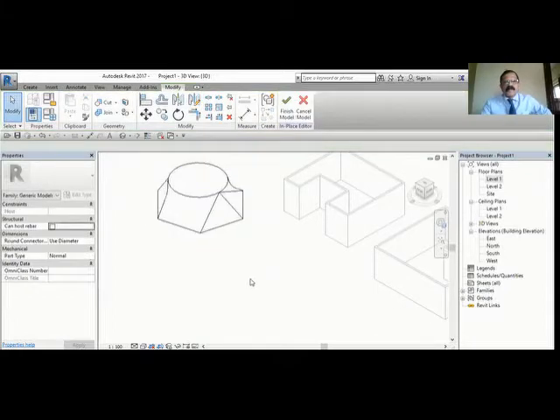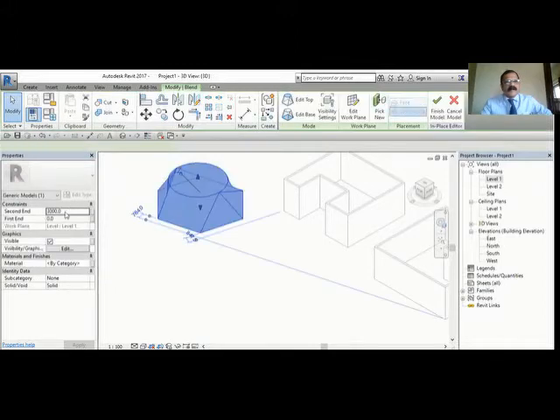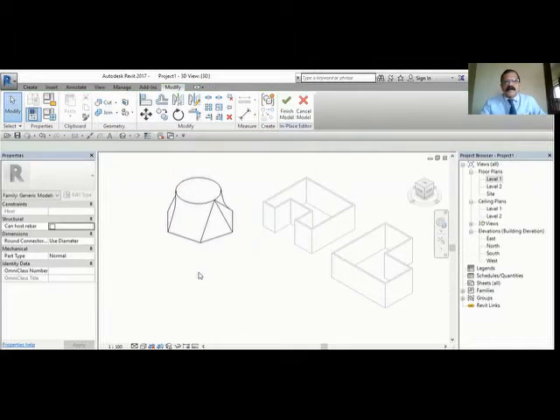You can see a 3D object has been created from the hexagon. If you increase the height, it will be more clear. You can see that. Okay, you created a 3D object blend. That means for the bottom you can use one cross section, and for the top you can use another cross section. You can go and change it if you want.